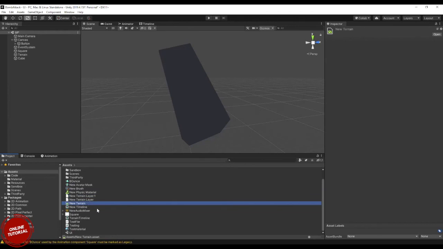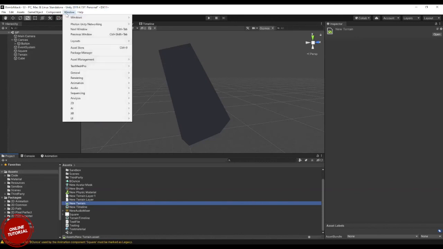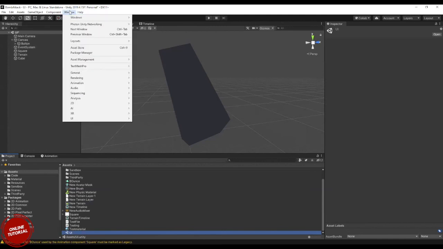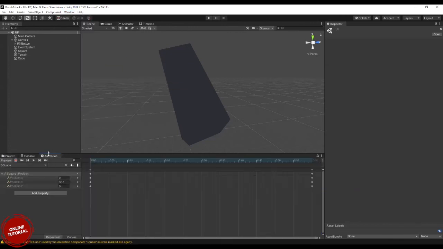Now for each one to visualize, you have its respective window. For example, to visualize an animation and see all its properties, you use the Window tab. If you want to visualize an animation, you go to Window and click Animation, and the Animation window opens.